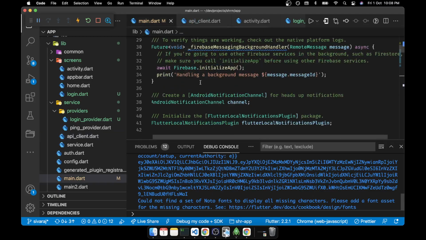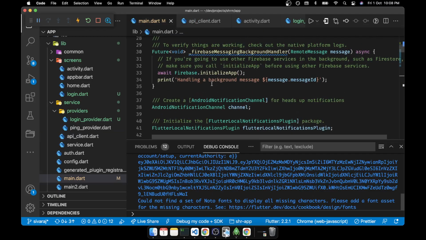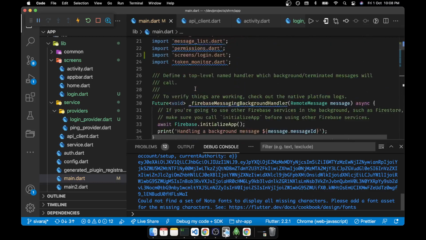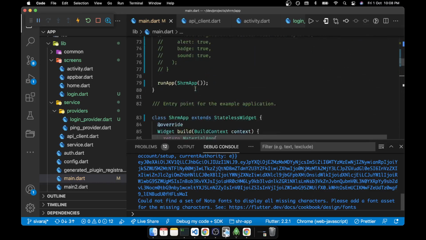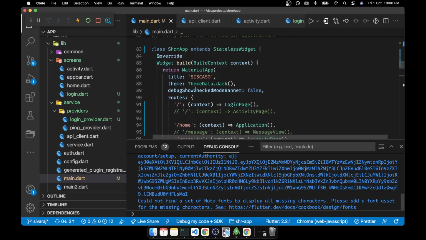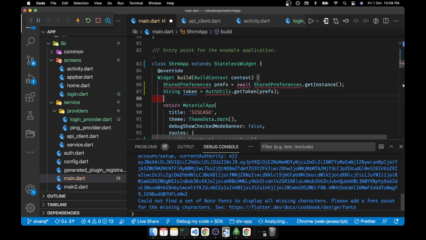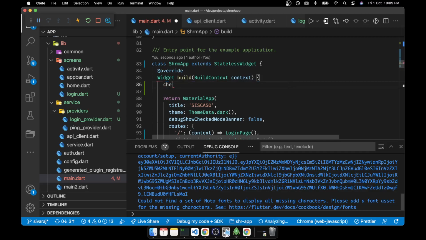If the token exists, from the login page itself we can do it. Let's say we can move this logic to, let's say, check already logged in.